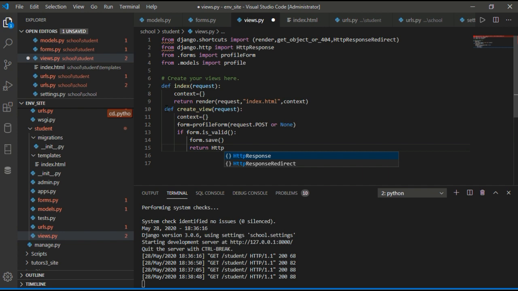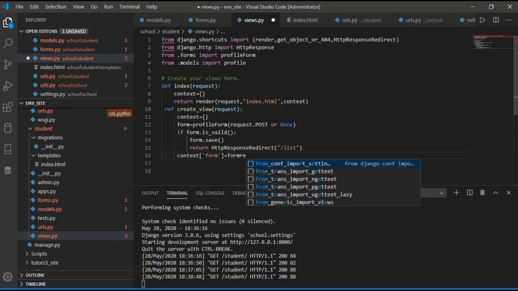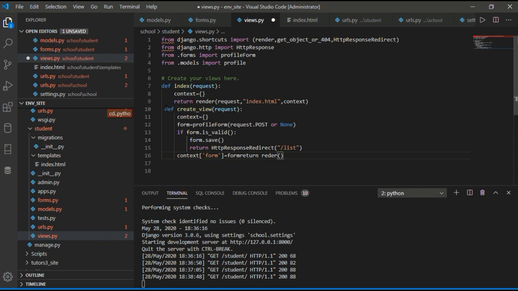So we have this. If form is valid, form dot save. Simple. Form dot save. Return HttpResponseRedirect to /list.